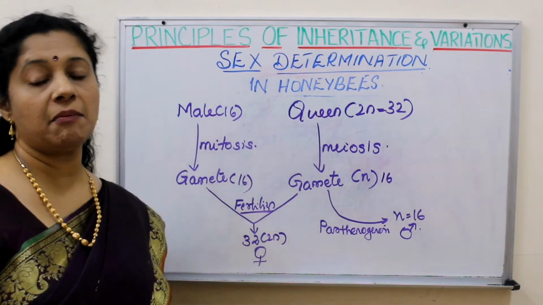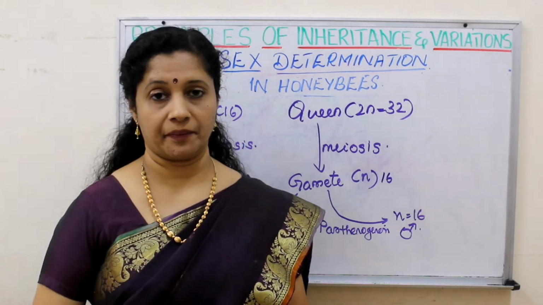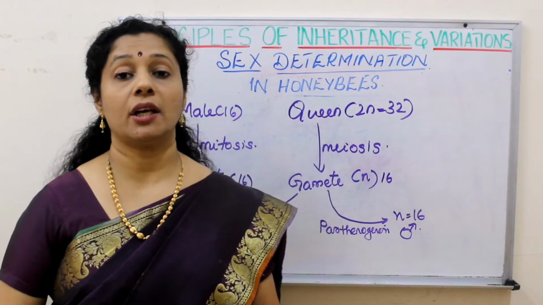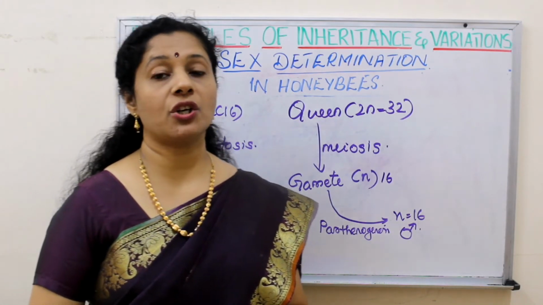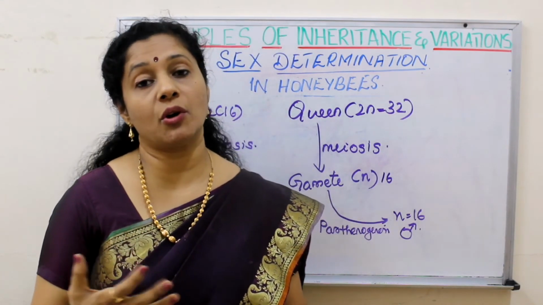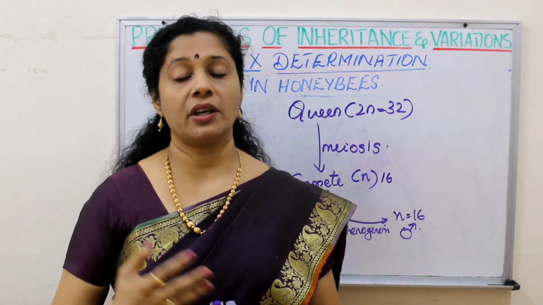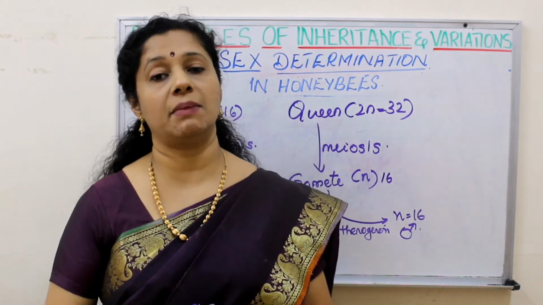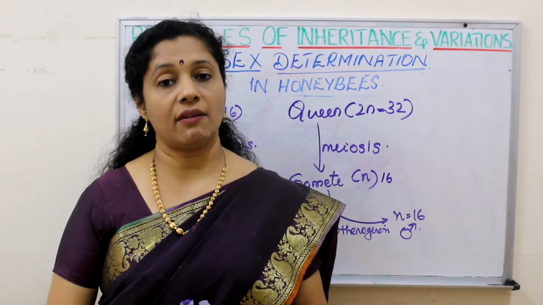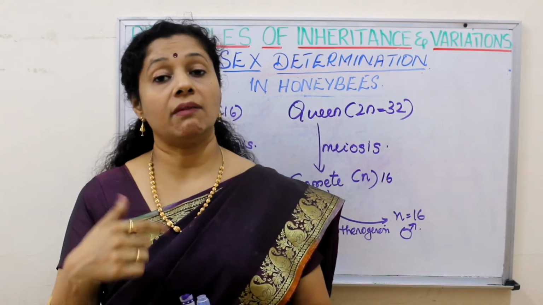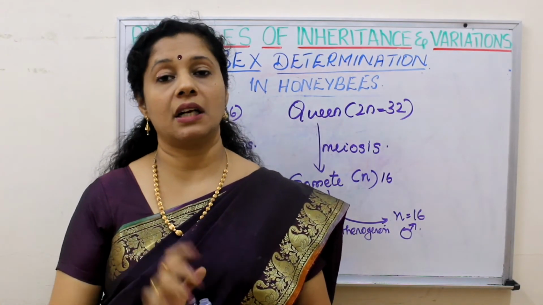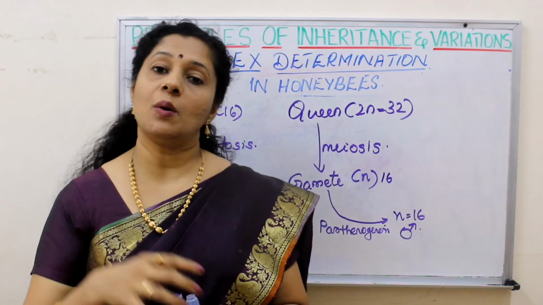So here the female will actually determine the sex ratio of the colony. She always ensures that a large number of workers are produced compared to the number of drones. Because I told you, drones don't do any work in the colony, so they eat a larger amount of food compared to the females. If drones are more, food scarcity will be there and the poor workers are working to collect that. So in order to avoid that, the queen will always lay more eggs after fertilization than unfertilized egg development. And how is this happening?